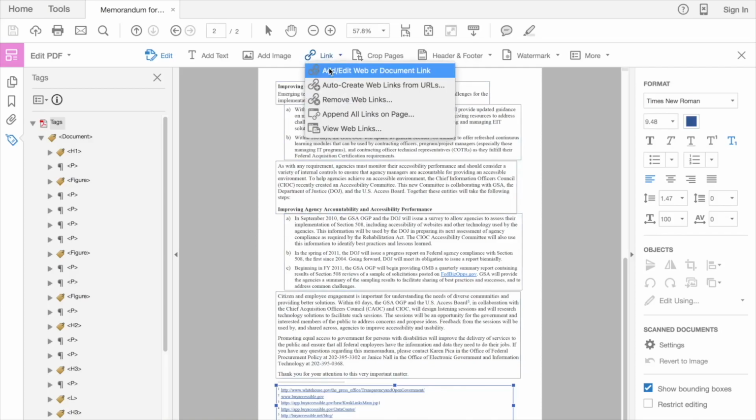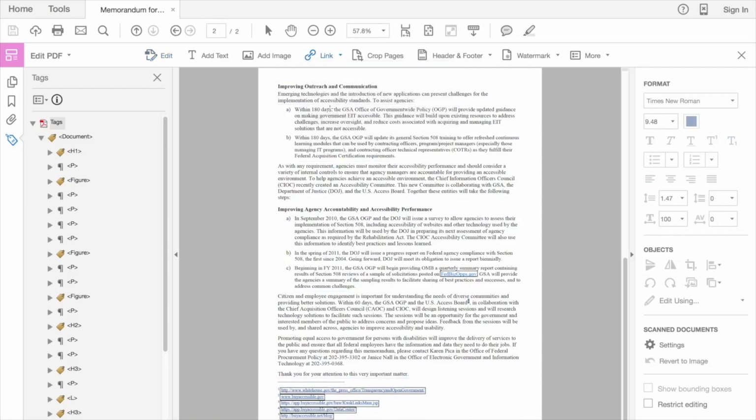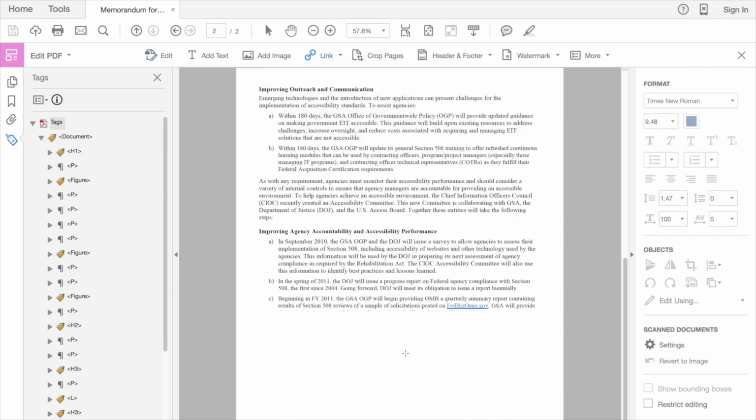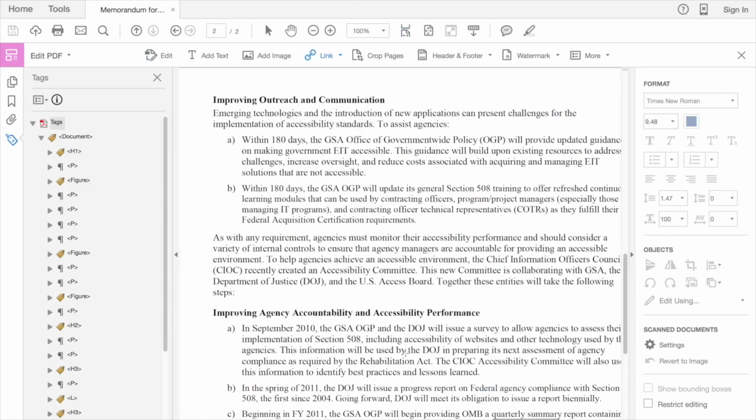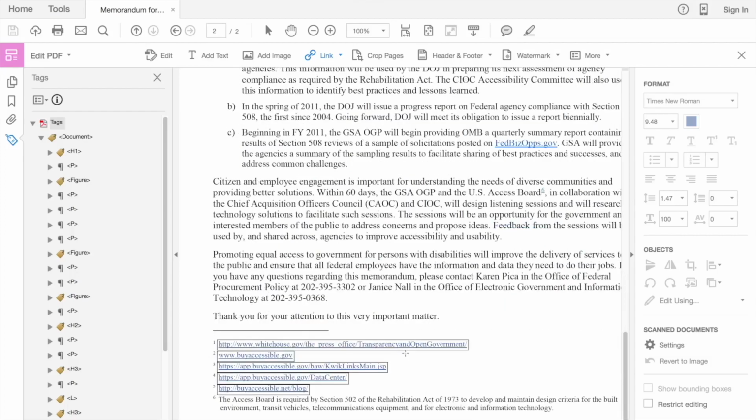From the drop-down menu, choose Add, Edit, Web, or Document Link. All the black boxes go away and change to boxes that cover only the individual links within the PDF document. These boxes signify the physical links of our document. I can resize them and move them around the PDF wherever I want. Each of these link boxes is represented in our tag structure by the object reference tags. These tags reference actual objects in the PDF structure that are tagged separately. Let's go ahead and modify the third link so it goes somewhere useful.